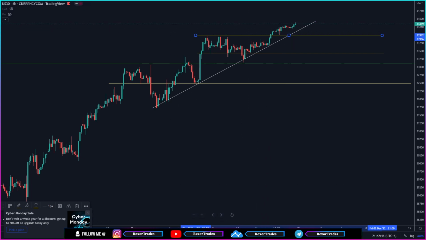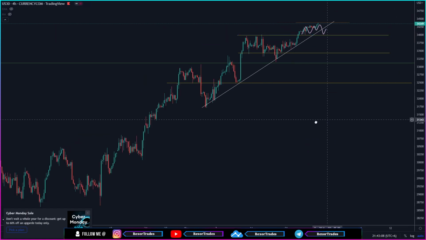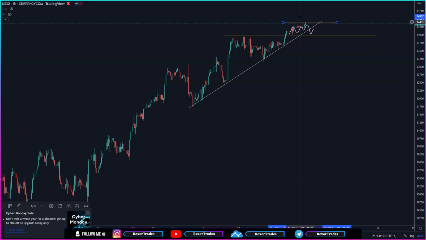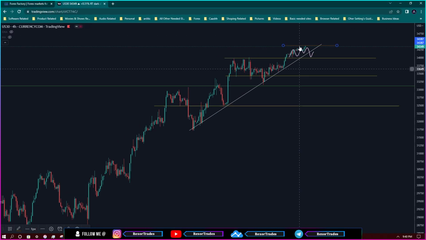So after the week opens, we should wait to see US30 forming some sort of a build-up ranging phase, something like this, by creating some sort of a small time frame resistance level, something like this, while we have our support at this key zone over here. And then after such a build-up or ranging phase does get formed over here after this break and close, then if you see US30 making a break and close above that resistance of that build-up or ranging phase with further bullish momentum, at least on a 1-hour to 4-hour time frame,